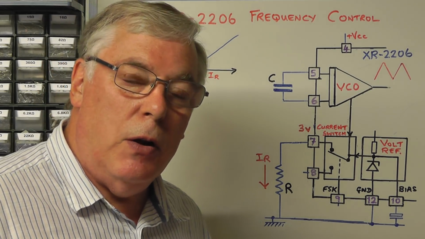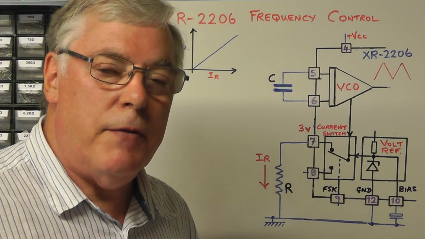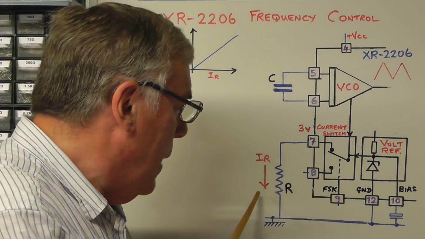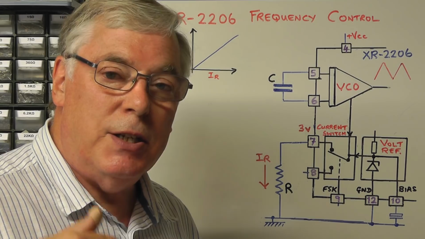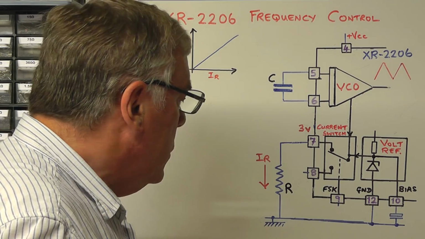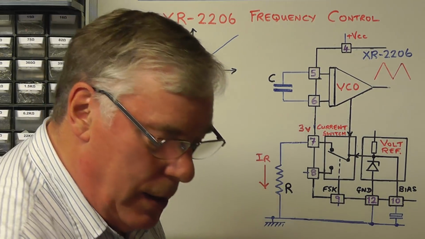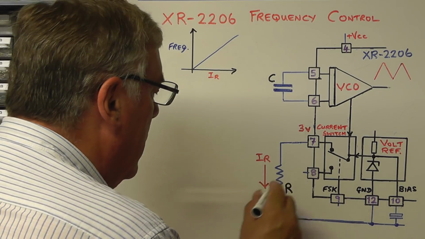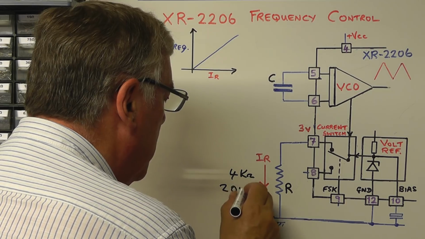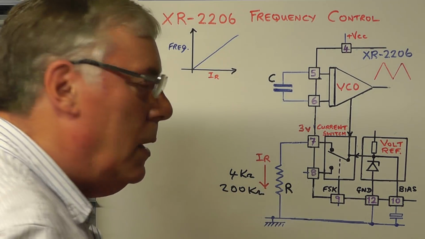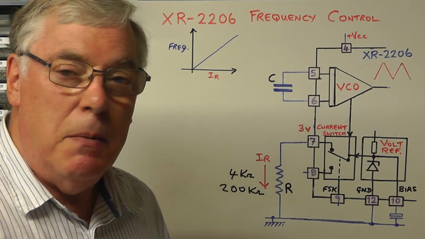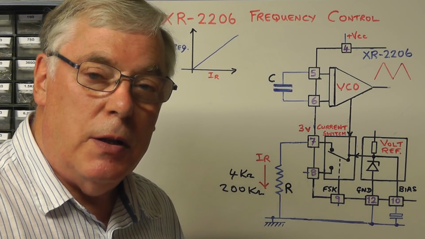And as it happens, if you look at the datasheet for this IC, the manufacturer gives you a minimum and a maximum recommended resistor value, which maintains the stability of the oscillator over its range and over a temperature range. So if you look at the datasheet, you'll find that they recommend that the minimum value for that timing resistor is 4k ohm, and the maximum value should be no higher than around 200k ohm. And with those values we can now work out what the minimum and maximum timing current is allowed through the